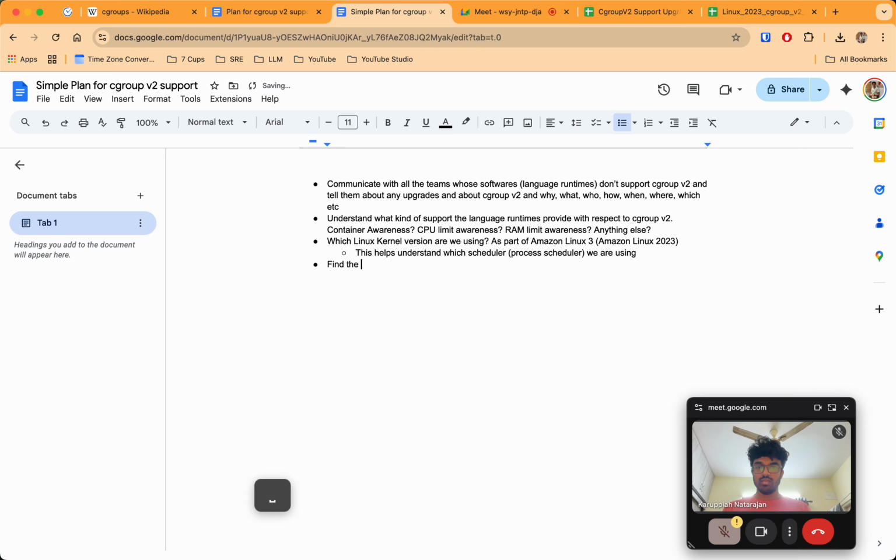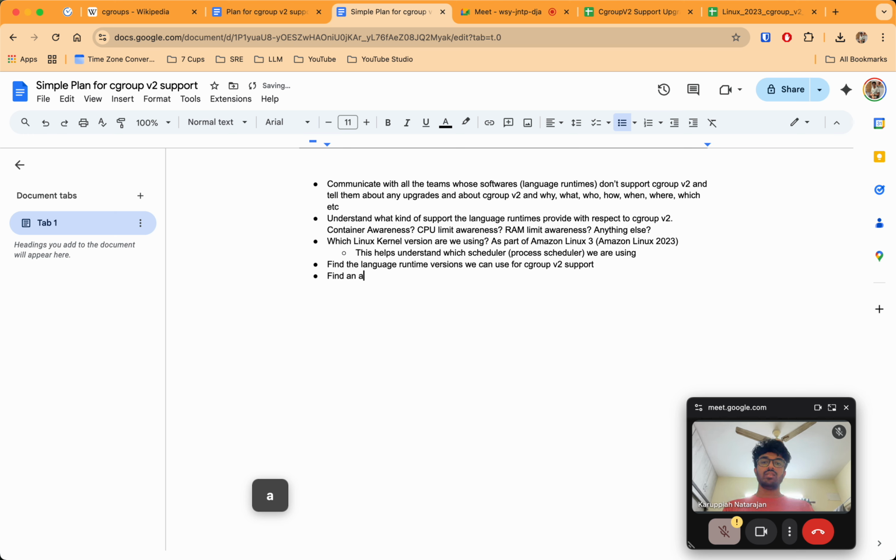Find the language runtime versions we can use for cgroup v2 support.